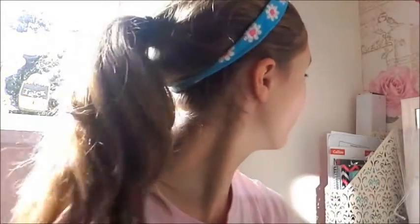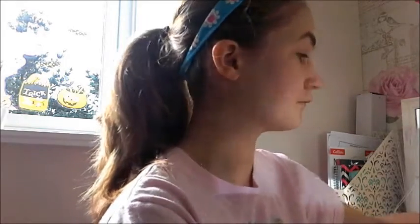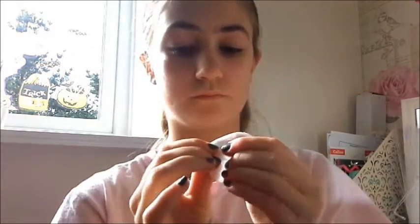So now I'm going on to my face, because my family actually suggested to do my face. I wasn't going to do this at first, but why not? And so basically I am not using lip gloss this time. I decided to use petroleum jelly Vaseline because I thought maybe this would be a better alternative, and it totally was. When I took this off, it came off straight away and there wasn't any stickiness left afterwards, whereas when I had the lip gloss, I had to really scrub and scrub to get the sticky off,